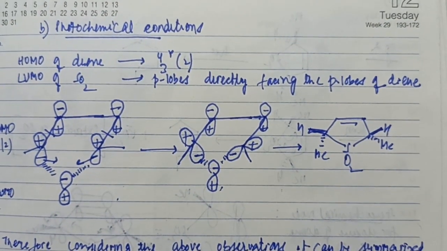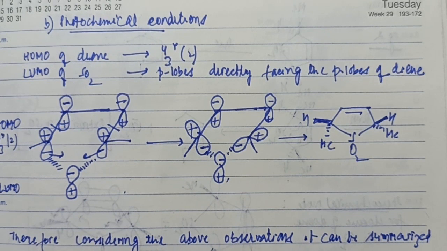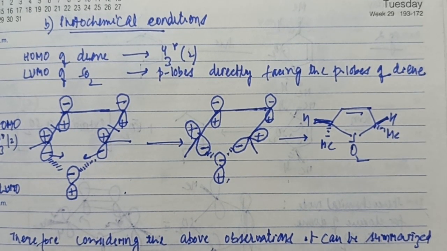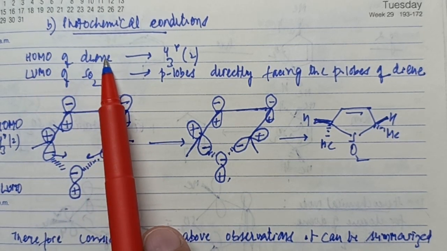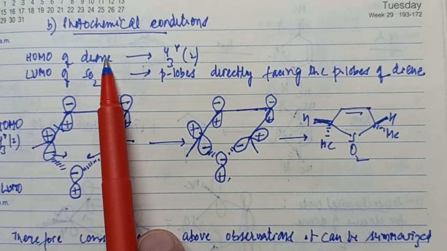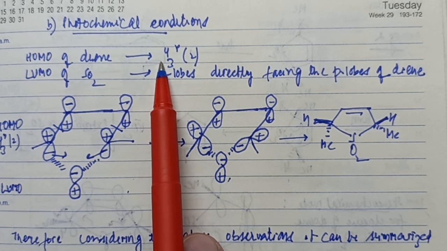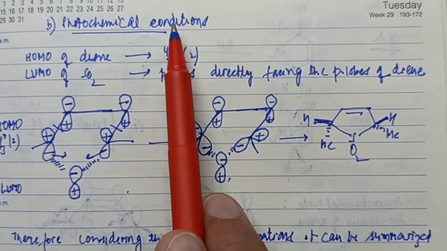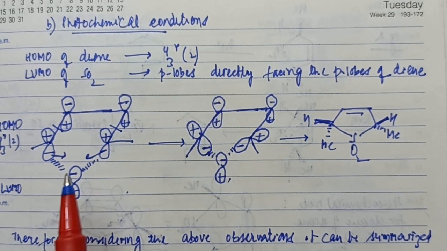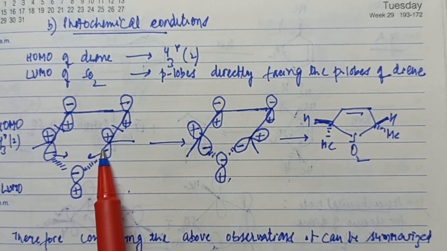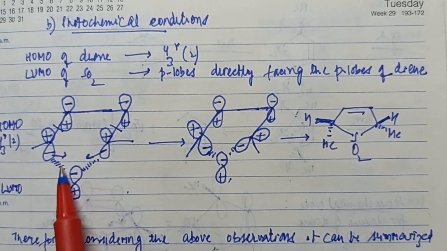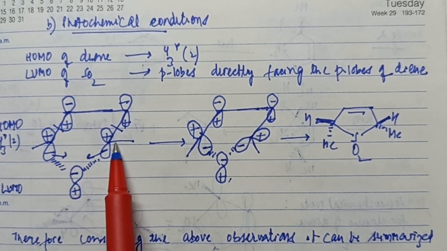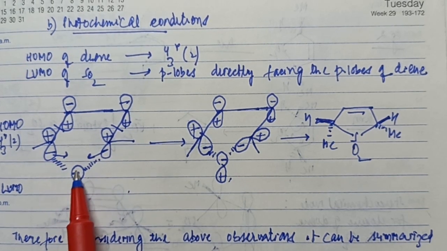Let's discuss the non-linear approach under photochemical conditions. The only difference between thermal and photochemical condition would always remain that the HOMO of the diene has to be considered. One electron from the Psi2 of the diene under thermal conditions gets excited and goes to Psi3 star. Of course, the HOMO in the case of photochemical condition as far as diene is concerned is Psi3 star, has two nodes. Two nodes means terminal lobes will have same sign. If I'm drawing HOMO for this one, under non-linear approach, the LUMO is drawn in such a way that the P lobes and P lobes are directly facing each other. If this is negative, I draw this negative.